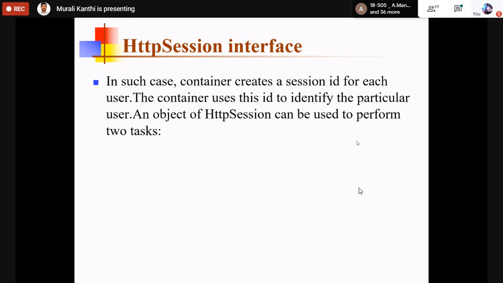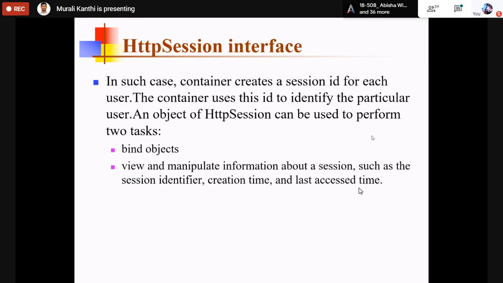So here an object of HttpSession can be used to perform two tasks. One is to bind objects, and another one is to view and manipulate information about a session, which has a session identifier, creation time, and the last access time.